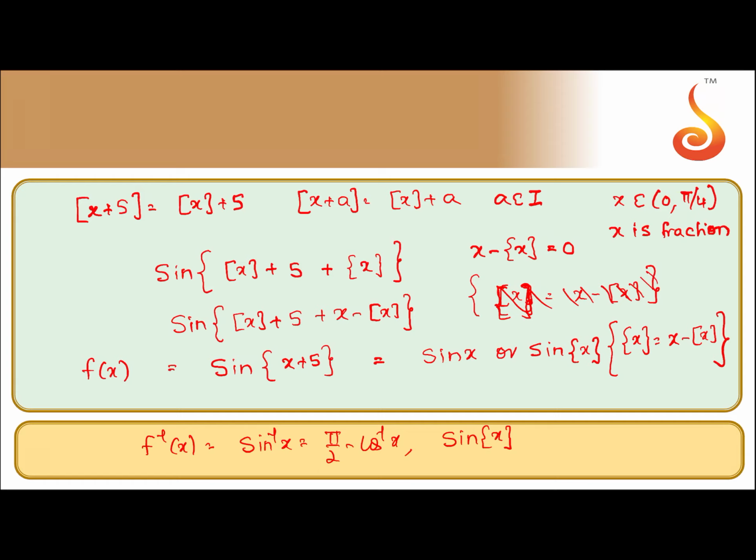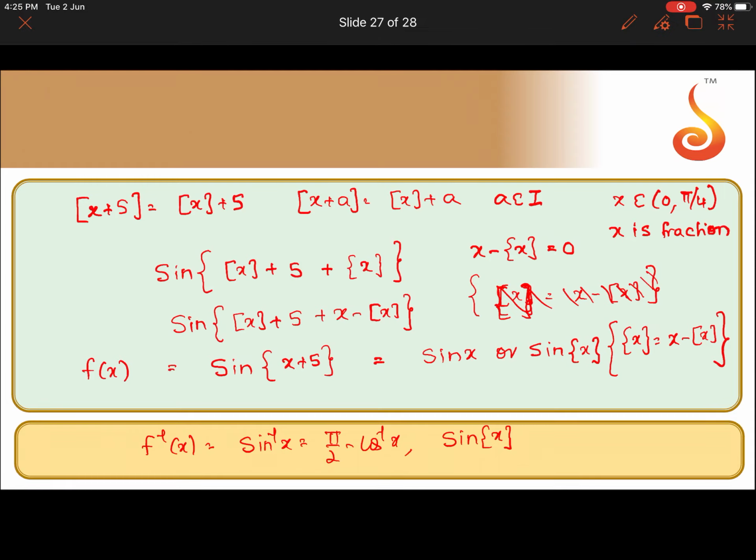So finally we got sine inverse fractional part x plus 5 is nothing but sine x or sine of fractional part of x. So f inverse x is sine inverse x or pi by 2 minus cos inverse x or sine of fractional part of